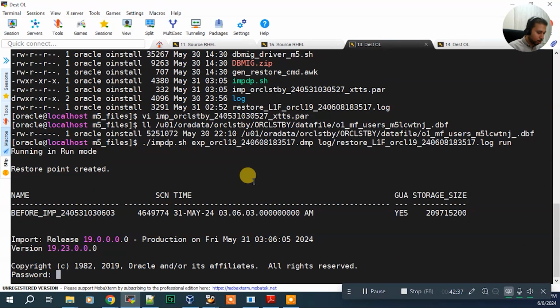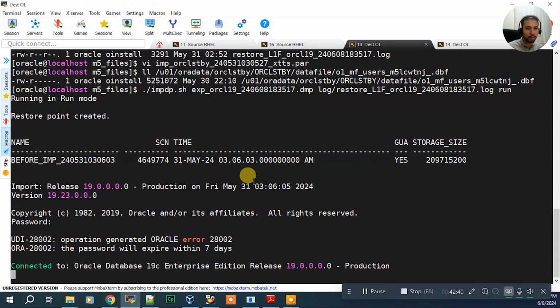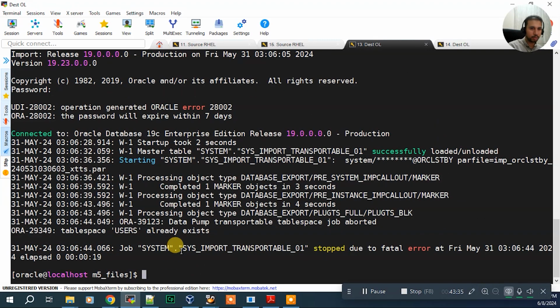Password of system, I have put it. Okay, regarding the password, because of security, we have to update this. That's normal. Let's see how the logs are going now. There's an error that this one already exists. So better to avoid this, instead of changing the parameter and excluding it, we may just drop this. Because we are migrating a full database, better to migrate even this. So let me just connect,